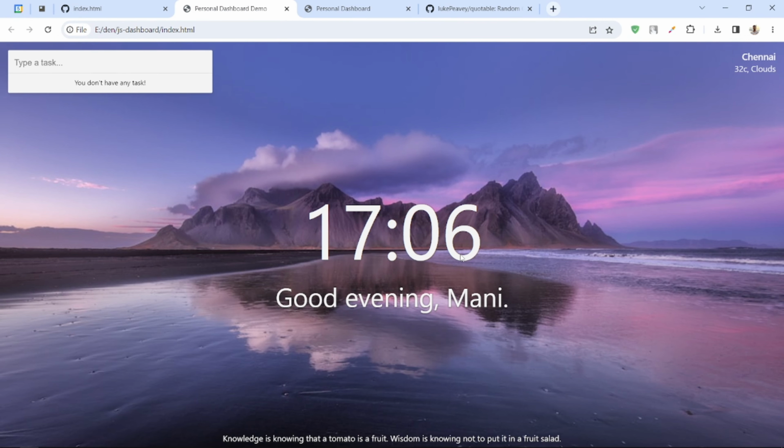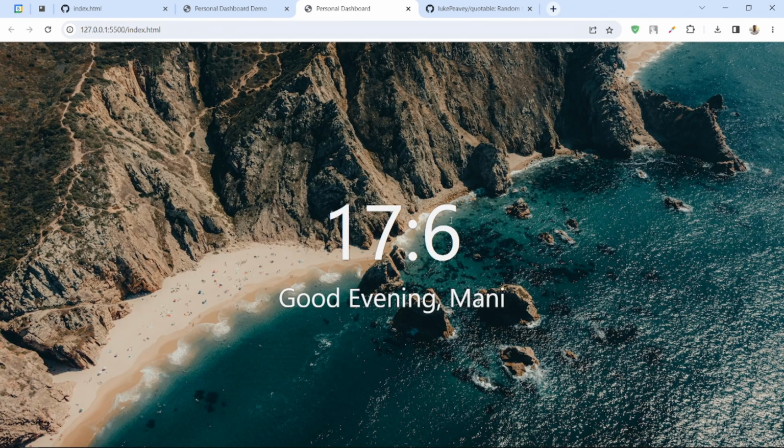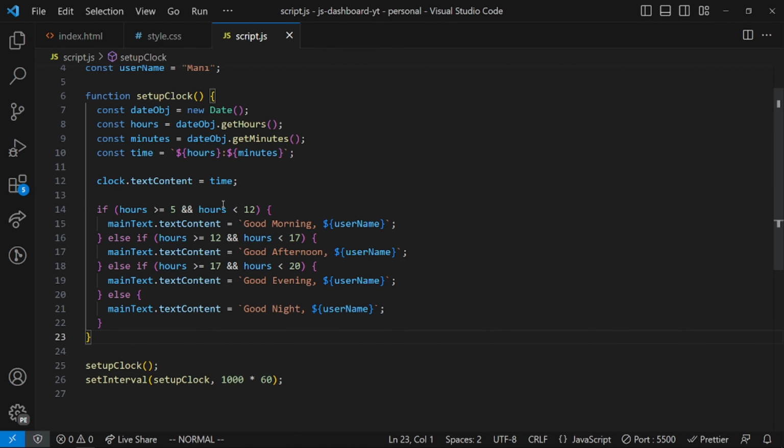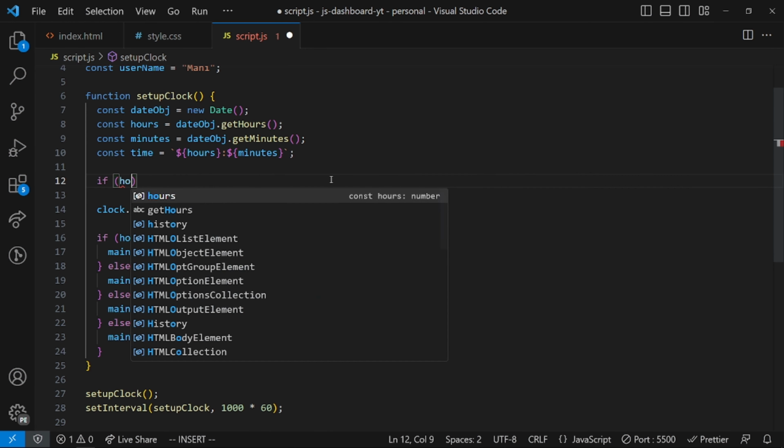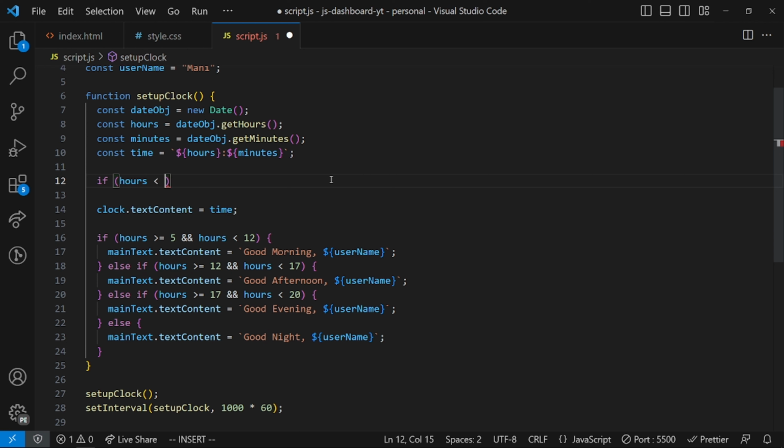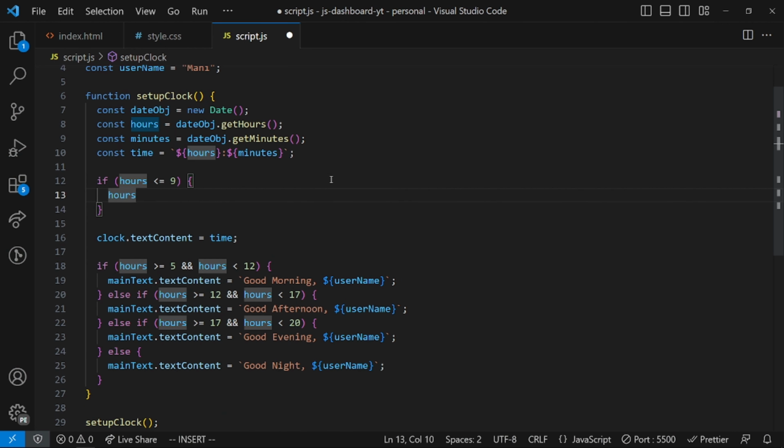Like if the minutes or hours are less than 9, then it automatically attaches a 0 in front of it, right? So we forgot to do that in our own application, so that's why it's like this. To fix that, we can just simply go to the code. We can simply add an if condition right here. If the hours is less than or equivalent to 9, then we can do hours equals,